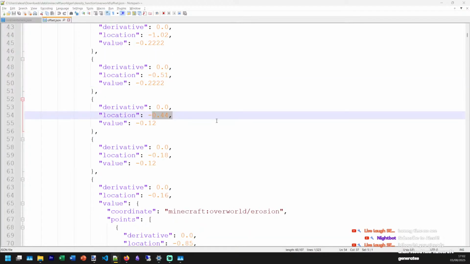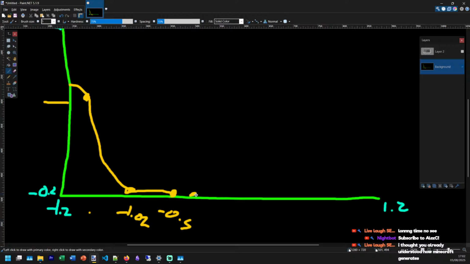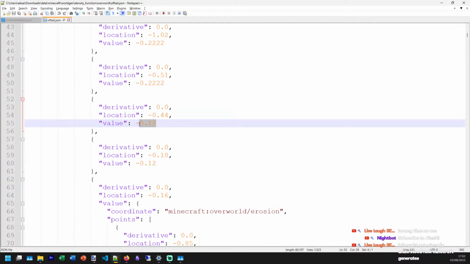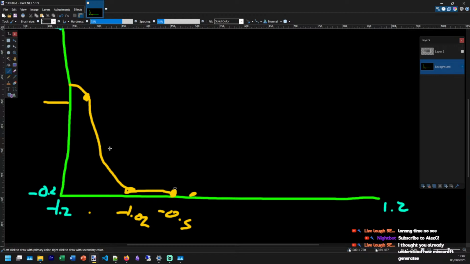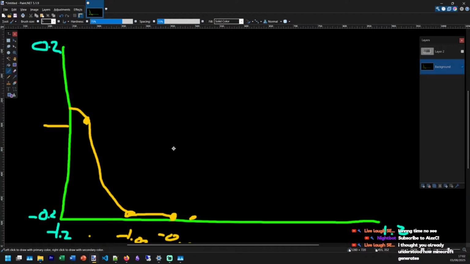Then negative 0.44, let's just say that's right next to it. Negative 0.12, which is probably here. I'll just shoot it back up again.